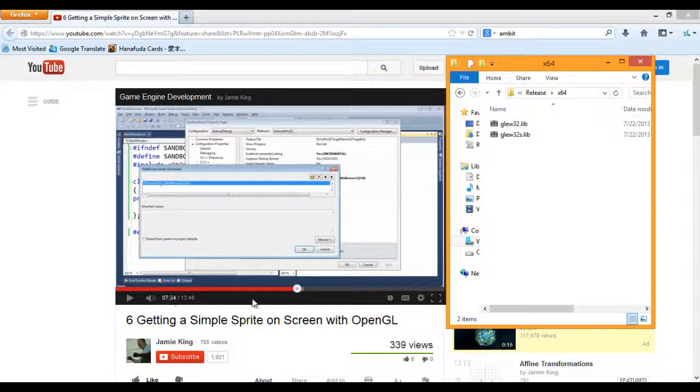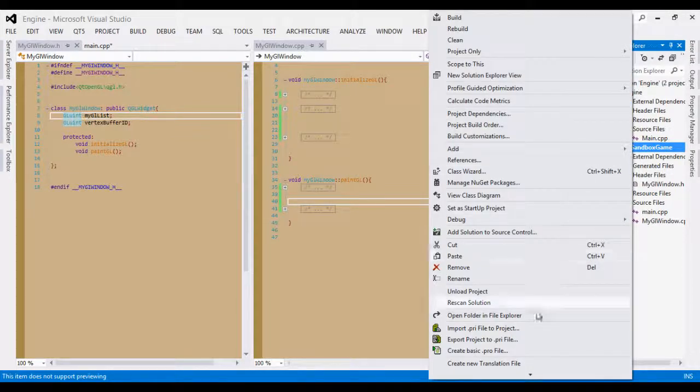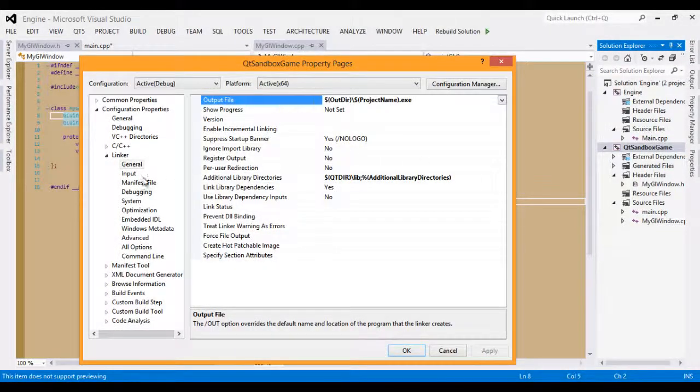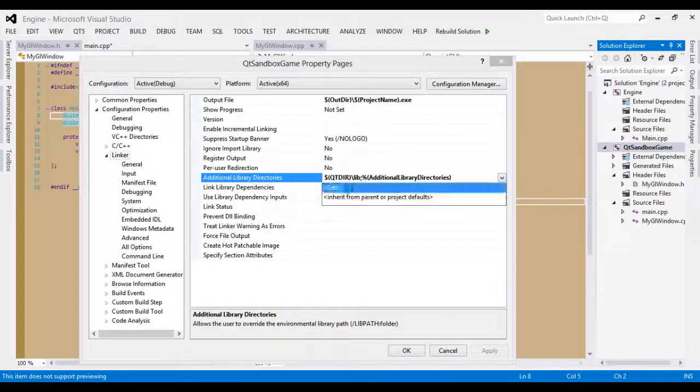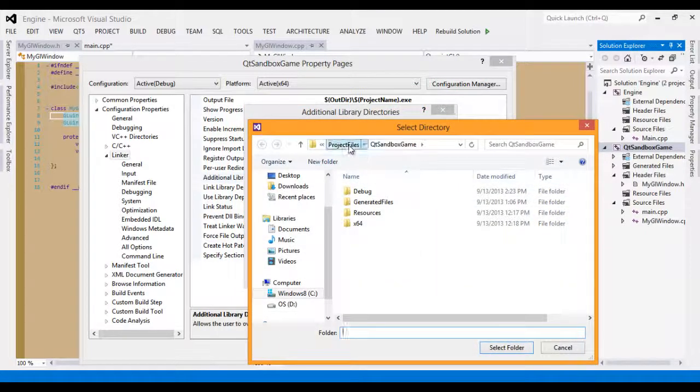Around 7 minutes and 34 seconds, this is when we're gonna point the linker to our lib directory here. So let's do that. Let's go back to Visual Studio. Right click on our sandbox game project, properties, linker, additional library directories. Click on arrow, edit. We're going to click on this new line icon, select the dots, and let's go